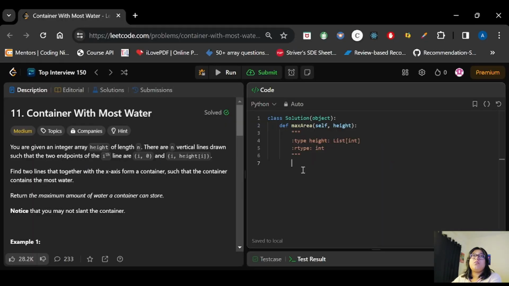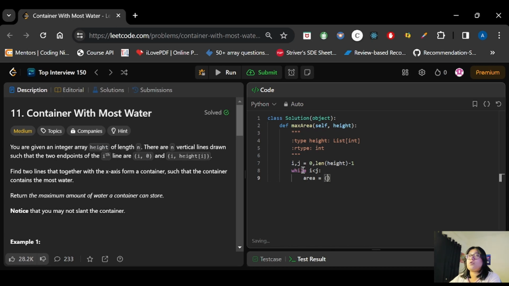Let's see the code now. Okay, we will be starting from the 0th index, and we will have two pointers. One will be starting from the 0th index and the other one will be starting from n-1, right? So let's do that first. Now what we were doing is, we were iterating from i, and we need to iterate till less than j only, right? We were moving from two sides, and when they come together, we need to stop there. So while i is less than j, what we need to do here is, first we will be calculating the area, right? So let's calculate the area.